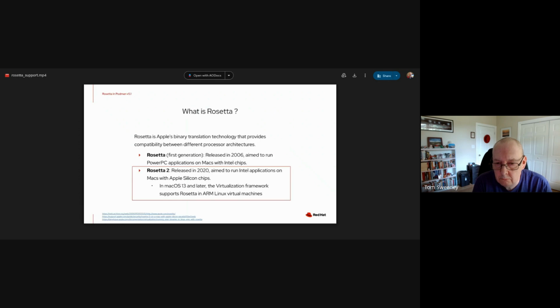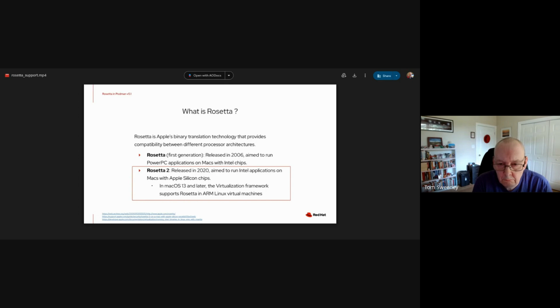For those unfamiliar with Rosetta, let me give a brief introduction. Rosetta is Apple's binary translation technology that provides compatibility between different processor architectures. There have been two versions of Rosetta released so far.